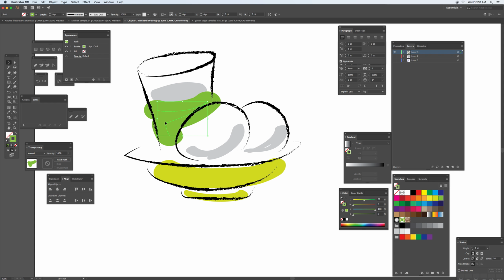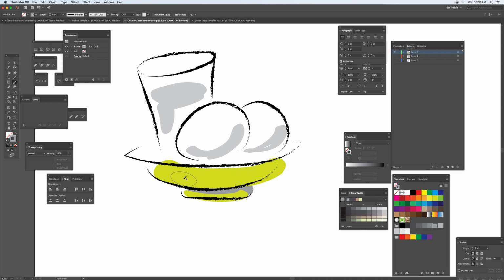And again, this is still a brush stroke, but it has the feeling that it's the path itself. Also in the color, when you pick the color or the color guide, any color that you choose gives you the basis with the tints and the shades to it. So now you can start to color this. Keep in mind that's going on top of it. And if I want to use the part that goes behind it, taking a lighter color and just lets it become shaded. You just have to make sure you double click on this to bring that color forward. And again, the bracket key brings it down